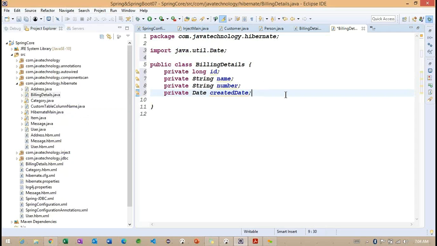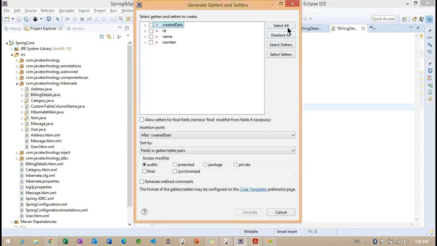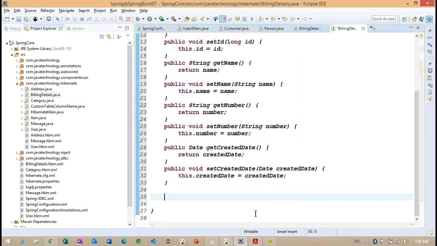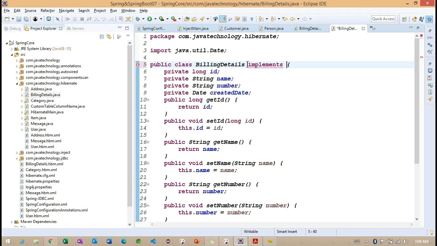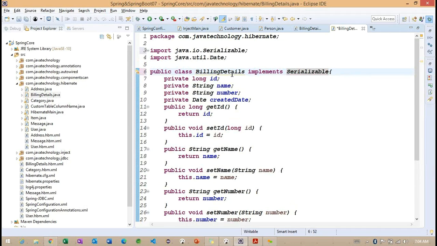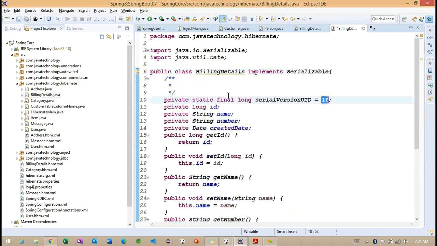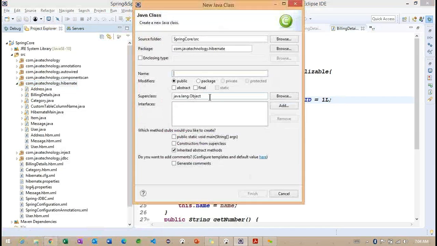Create a date. So these are the three columns. Let me generate setters and getters. It implements Serializable, so we need to make the default serial version ID. Now we have created this BillingDetails class.